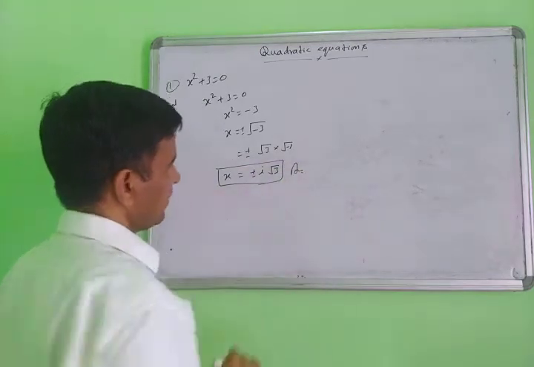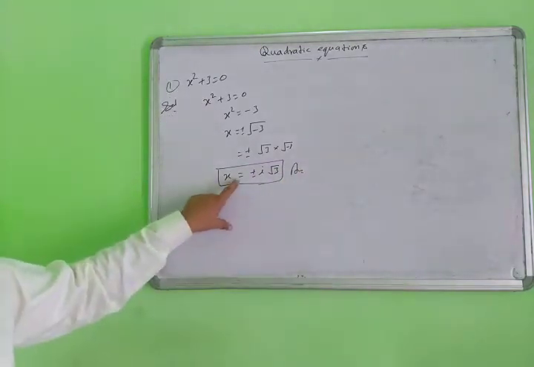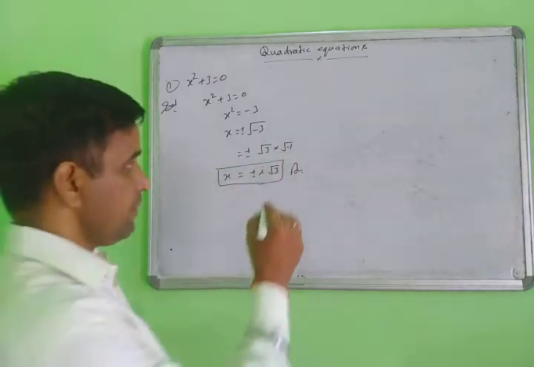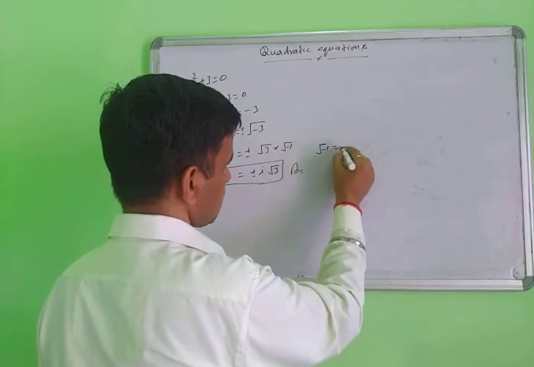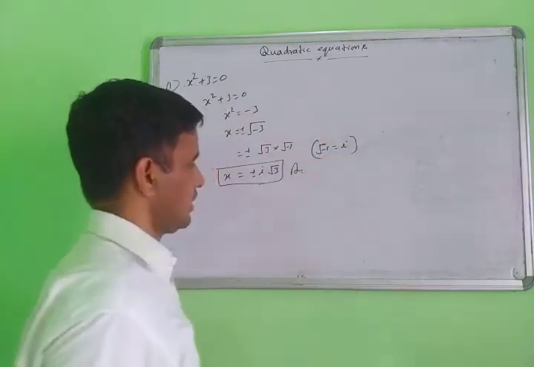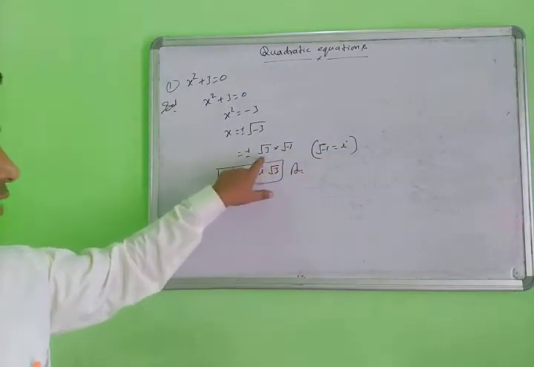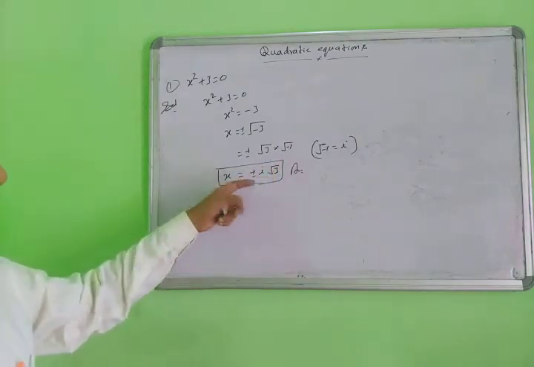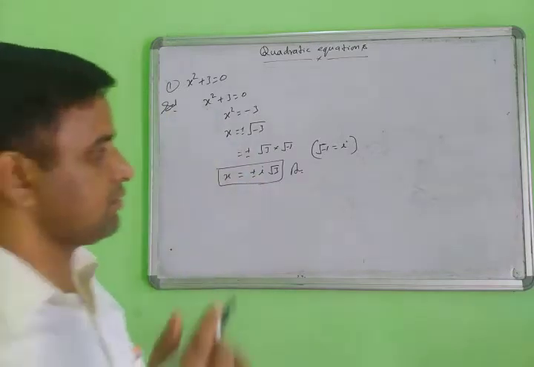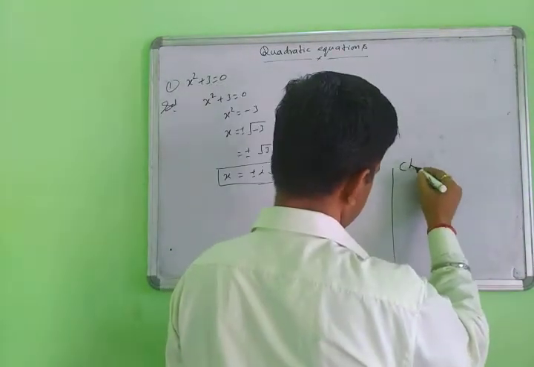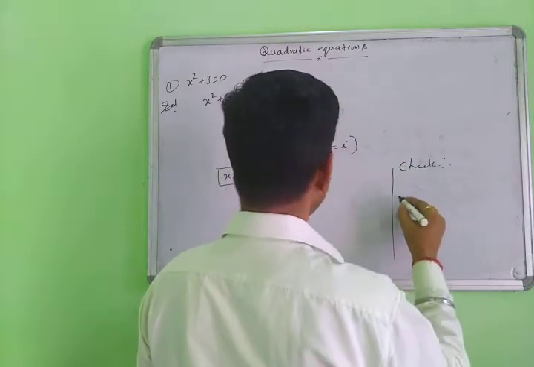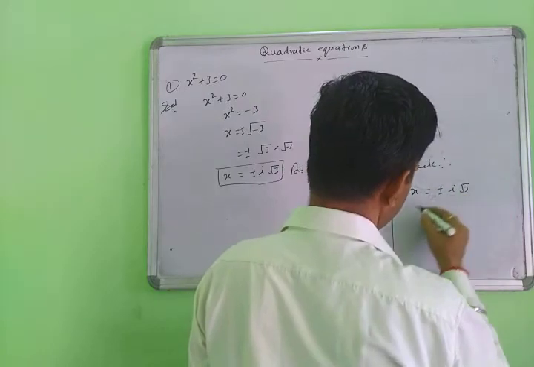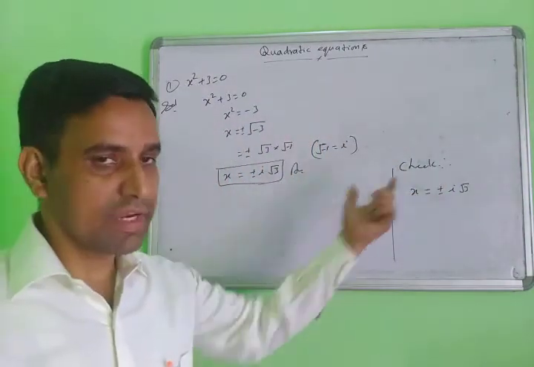So this is your value of x, the roots of x. What is the value of the roots of x? Here plus minus iota root 3, because root of minus 1 is called iota. So minus 1 is converted into iota, and root 3 stays the same, and you write it in this form. Now how do you check this? Suppose you take plus minus iota root 3 and square both sides.